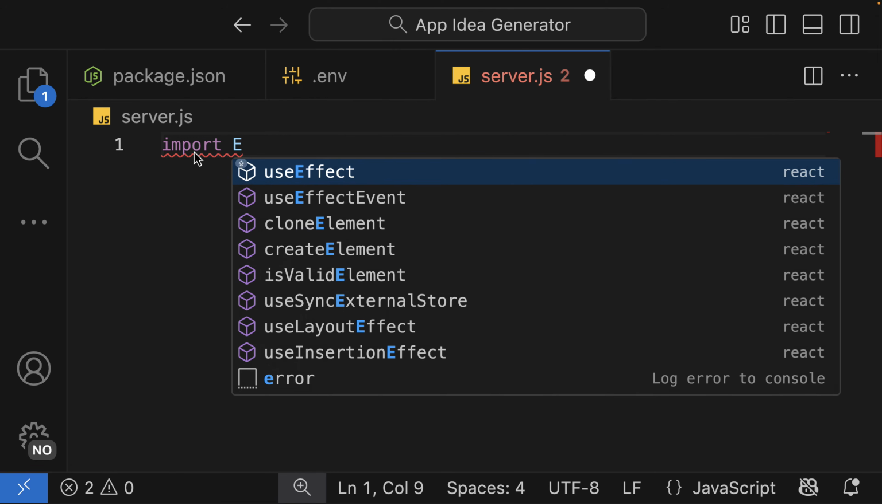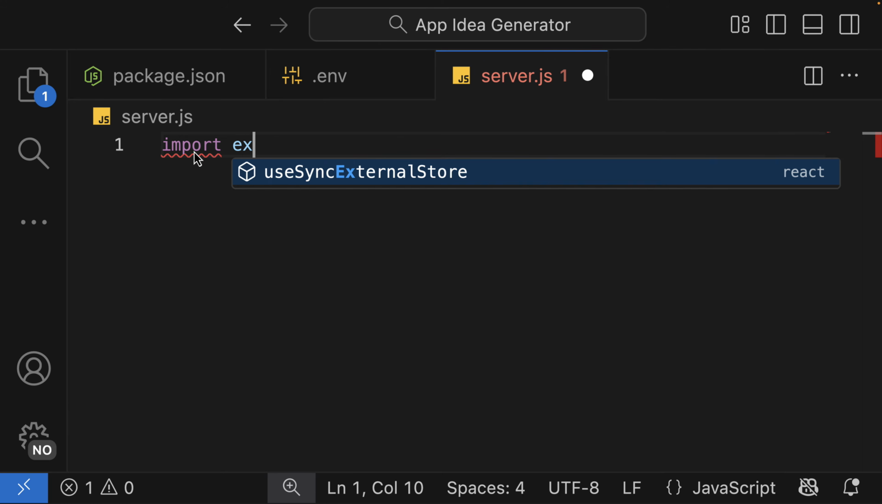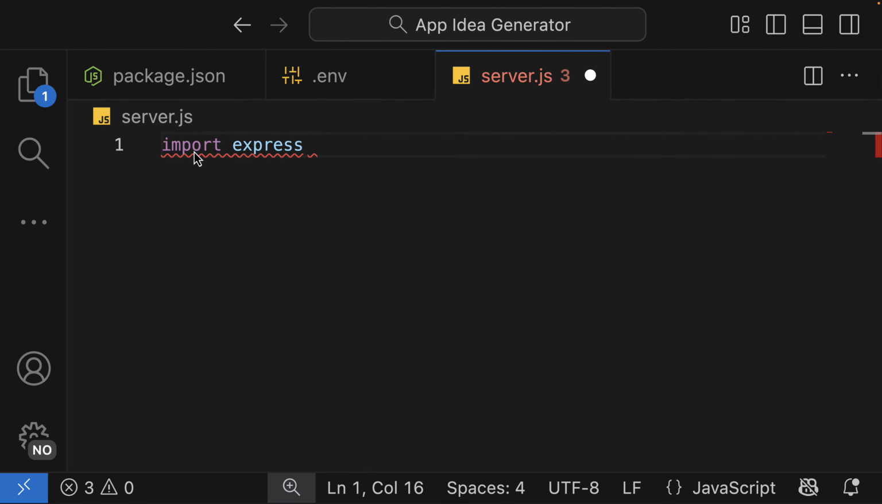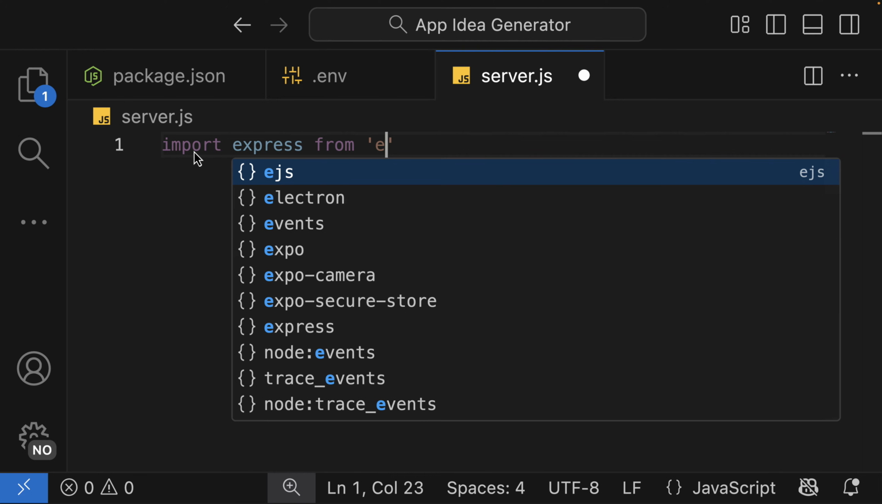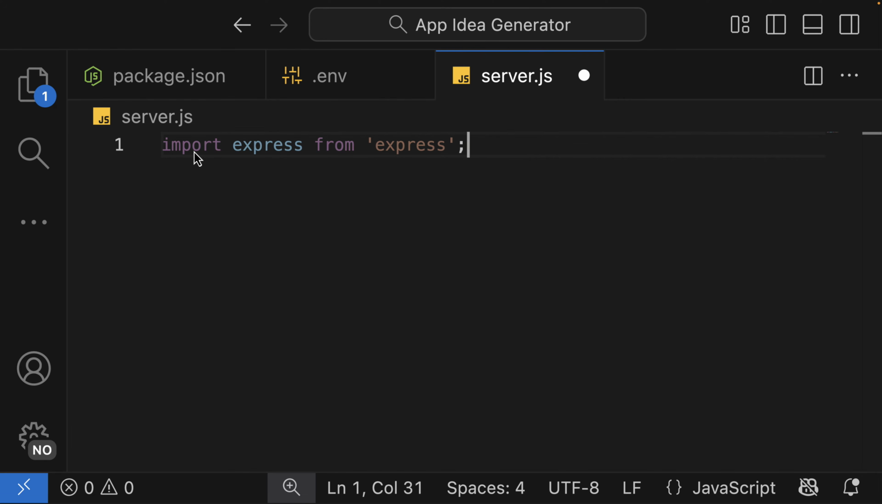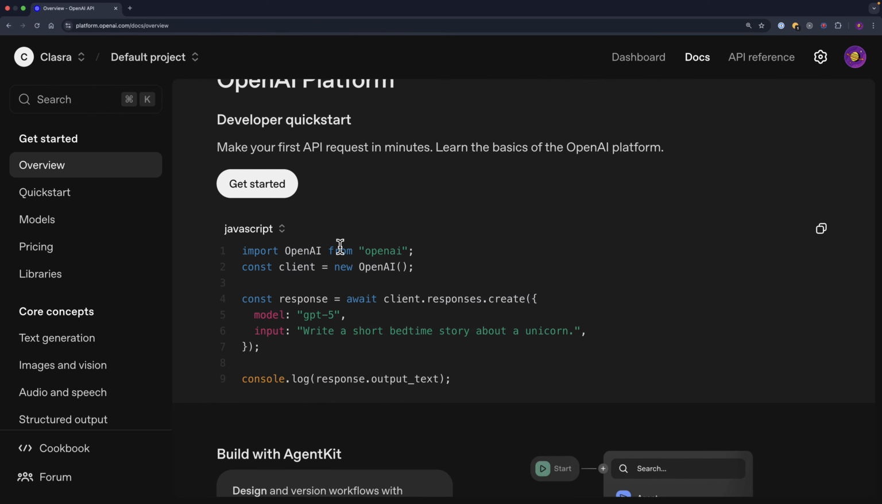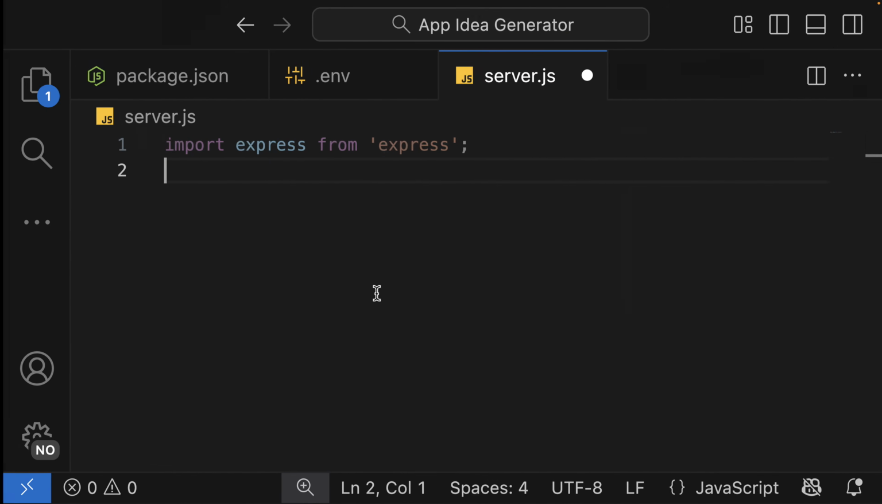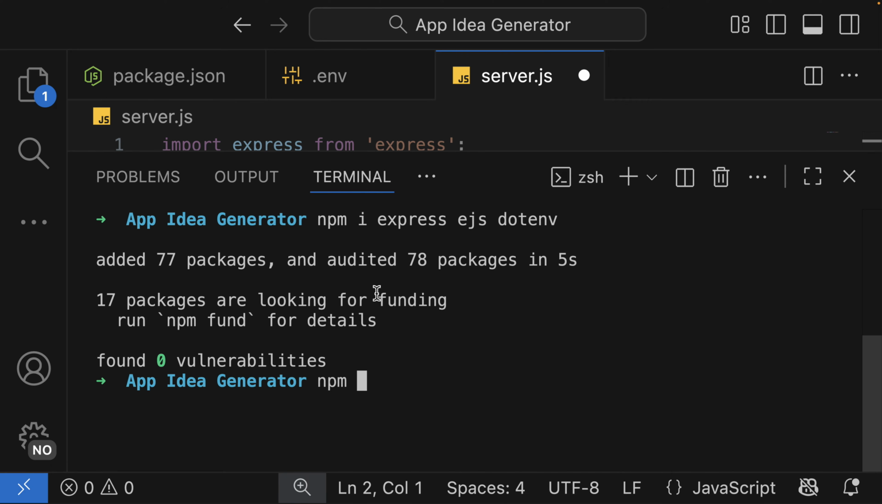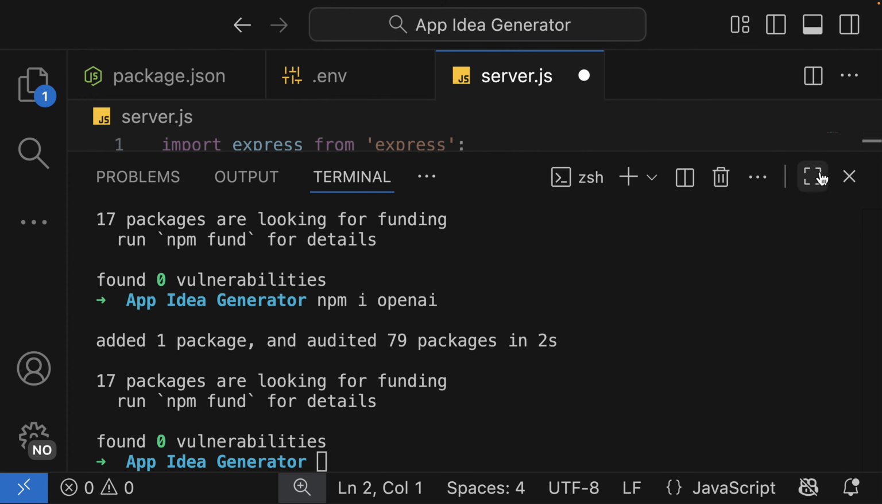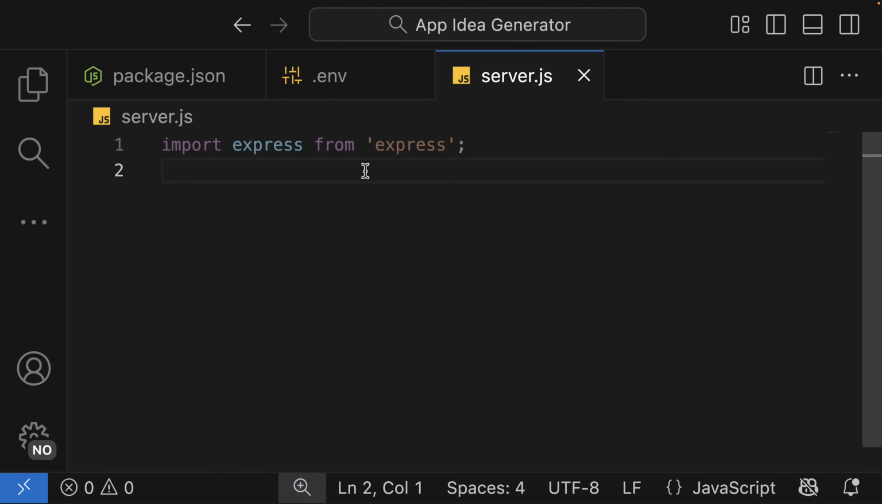As I made mention, we are using the ES module syntax: from Express. After that, we need to import the OpenAI SDK to interact with the ChatGPT API. So if you get back here, we need to install OpenAI. So back to the terminal, I'm going to run npm i openai. Alright, it is done. So back to the server file, we need to import OpenAI, and then we need to